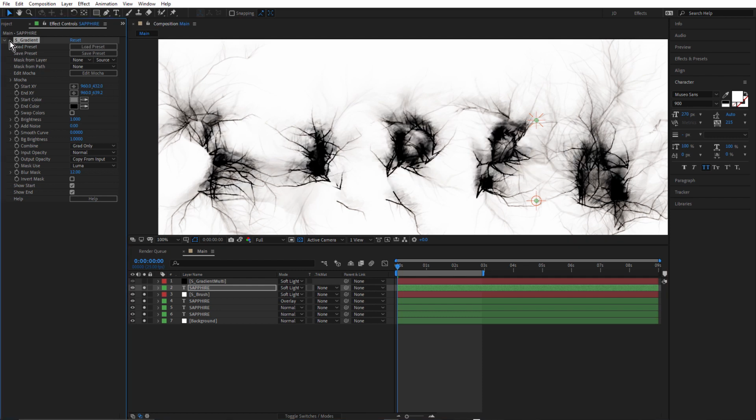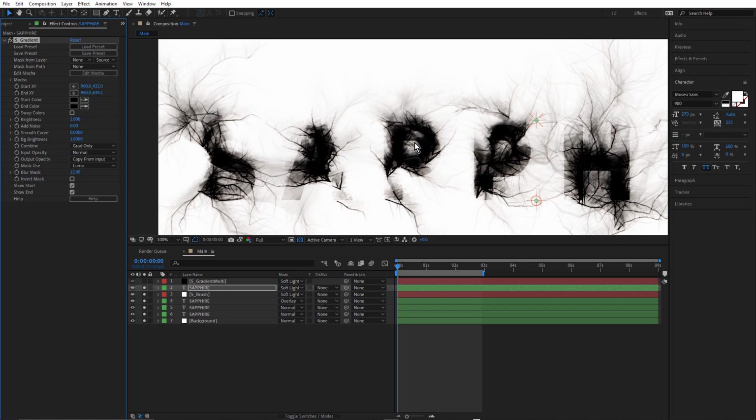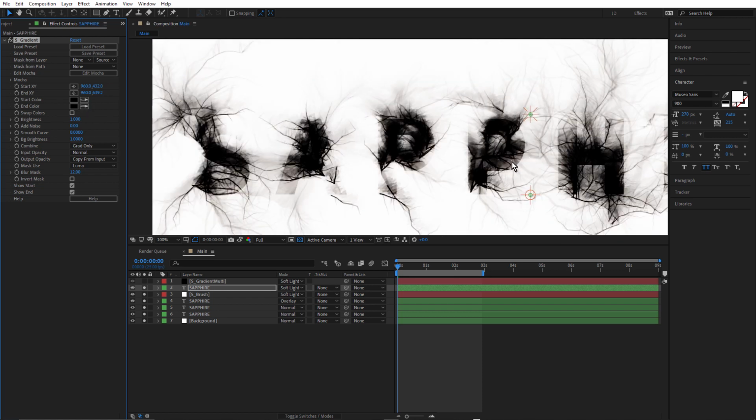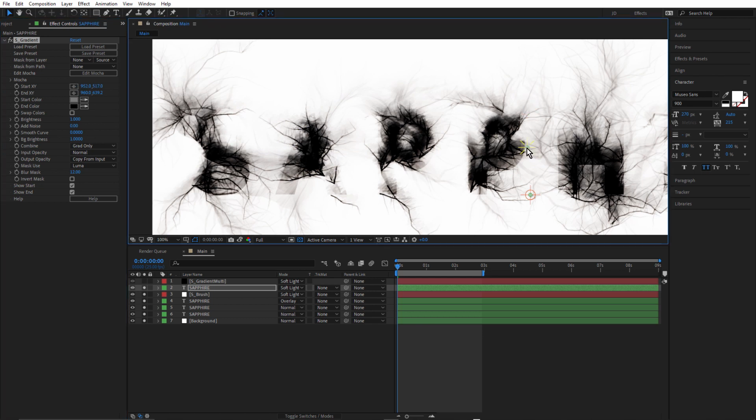You could have it without S gradient, just a solid color. I'll just change this to, let's see, a black. It just makes it a little darker up the top. It's looking a little uniform. I just thought that S gradient gave it sort of a more ghostly look. See, it's almost disappeared up the top, but you can see it more down the bottom where it's black. And you can play around with this start and end XY. You can see they're in here. If I just click on those and drag that one down, you can see we start to see even less of that text layer. If I bring it up, we'll see more. Like that. So that's the basic overall look.